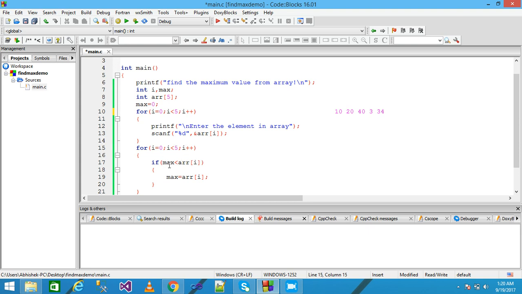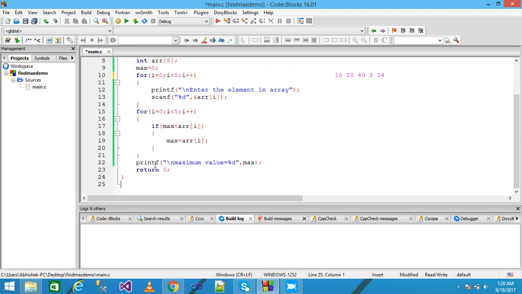Control again comes here and checks the condition. The value of max, 40, is less than the value at the fourth index position, that is 34? The condition is false. So control again comes here and increments the value of i by 1. After the increment the value of i is 5 and check the condition. The condition is false. So the loop terminates, and with the help of the printf function